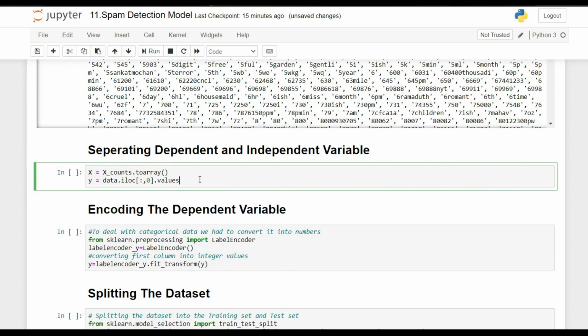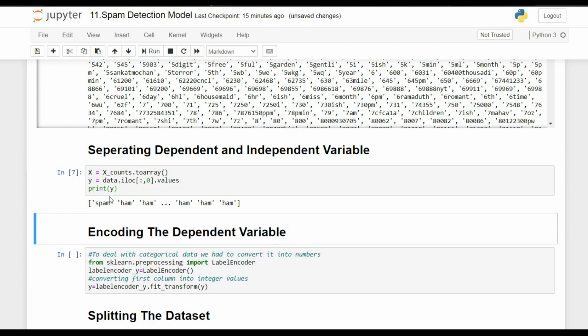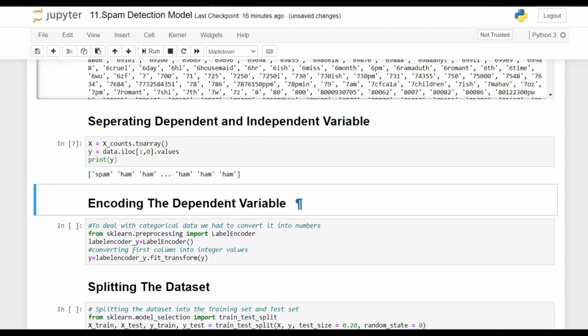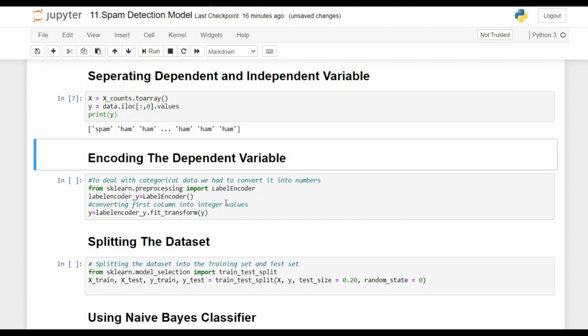Let's see what is zero index. Let's print. Guys, as you can see, y is our label, spam or ham. But wait a second, what I told you earlier was that our machine learning model can't take text data, so we need to process this data so we can give this label as numeric data. Let's suppose we can give 0 and 1 instead of spam and ham. So here categorical features, or label encoder, comes into the picture.